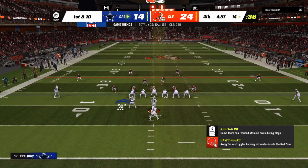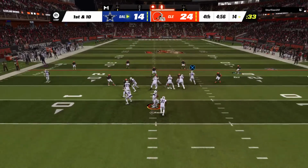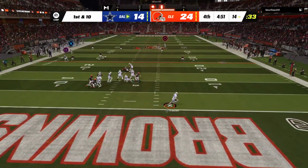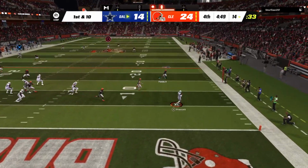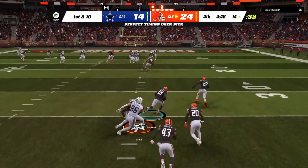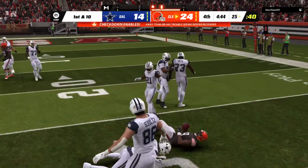About set for this next drive by the Cowboys offense. Well, that last touchdown we just saw, what an important one. Now it's back to a 2-score deficit for this crew as they take the field here, and they are in desperate need of finding the end zone. And for the 4th time tonight, it's an interception. Picked off by Reggie Ragland. And the Browns...